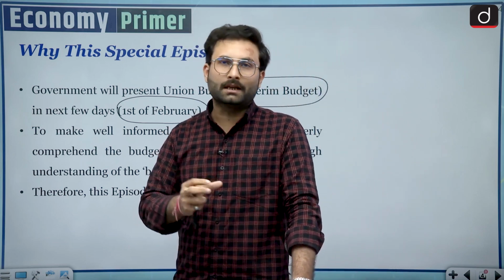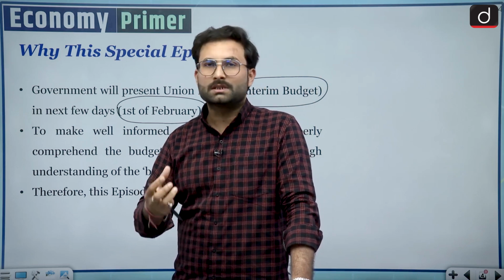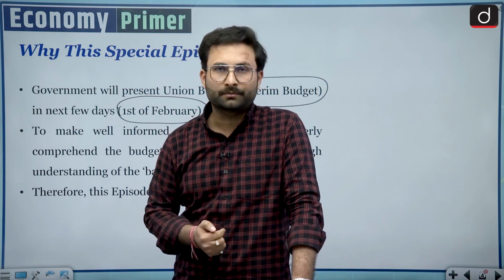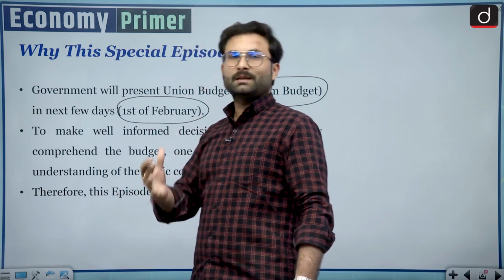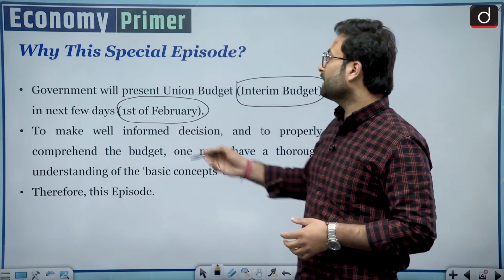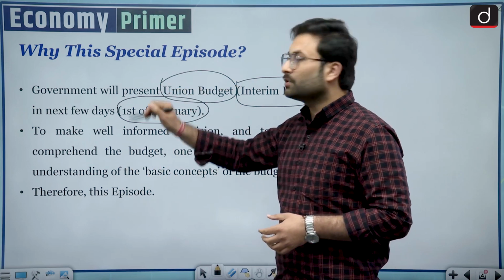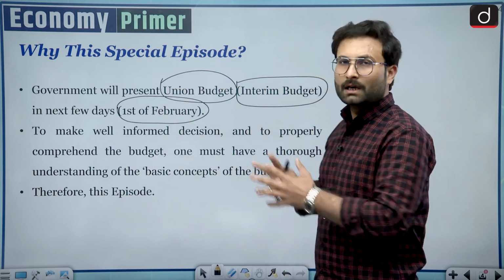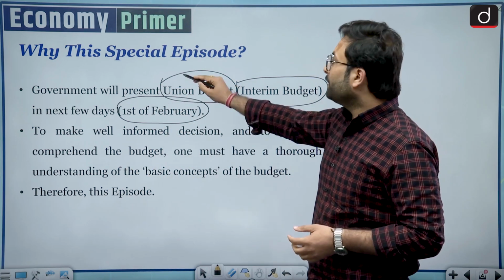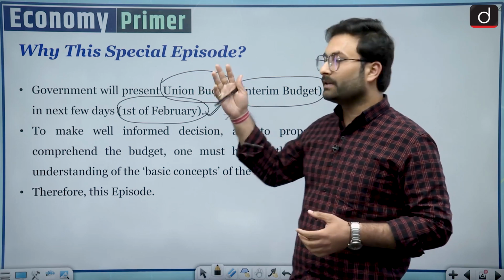They go for an interim budget, or sometimes this term is used as vote on account. Okay, so we'll be talking about what is interim budget and what is vote on account. But right now in this episode we'll be starting with the union budget and then we'll move forward with the different aspects of it. Okay, so since budget is around the corner,